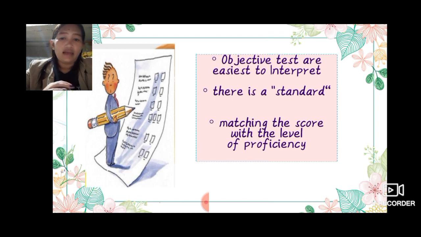Okay, so by matching the score with the level of proficiency, teachers can determine if the student has reached mastery or not. In performance tasks, rubrics are prepared to objectively and expeditiously rate students' actual performance or product. It reduces the time spent in grading because teachers refer to the descriptors and performance level in the rubric without the need to write long comments. Nonetheless,